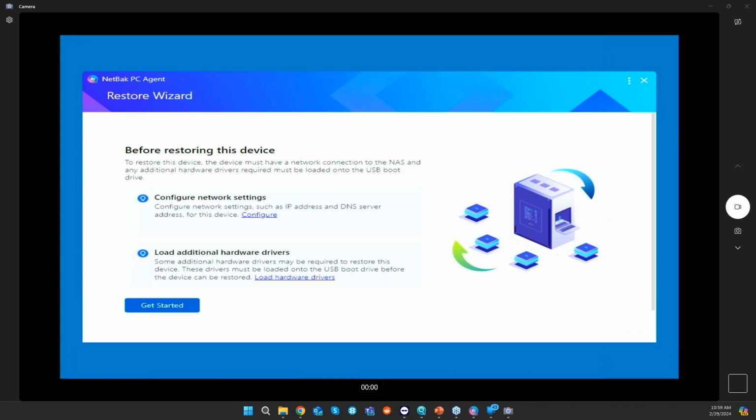Another question we have is, can it do PC BIOS backup? No, it does not do a BIOS backup. It only does the Windows backup itself. Now, we'll do other questions shortly as well, but